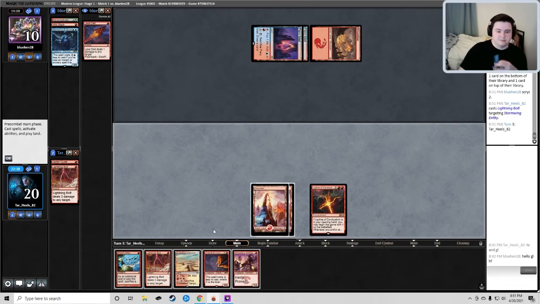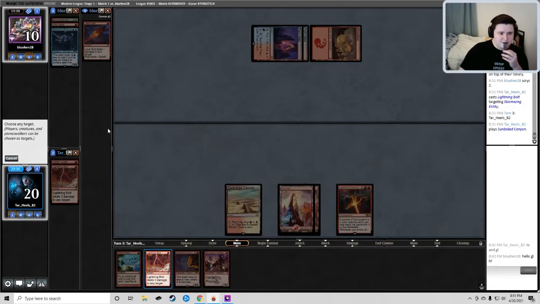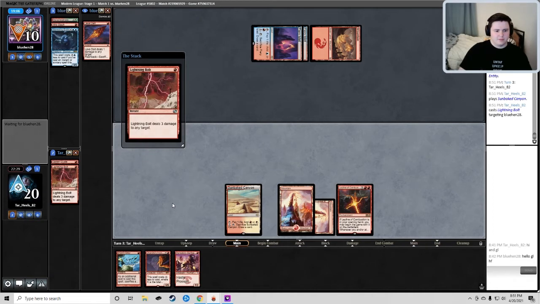So I don't... Actually, is that just lethal? No, it's not lethal. Okay. Is it? It's sacrificing land. So we could get rid of the Sunbait Canyon here if we want to. I don't really feel like that's where we want to be, but...